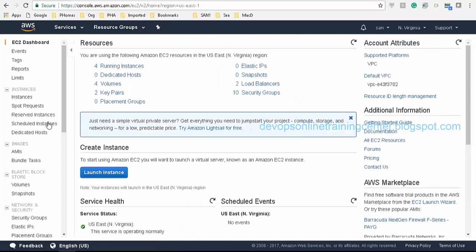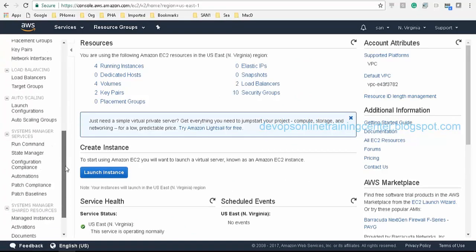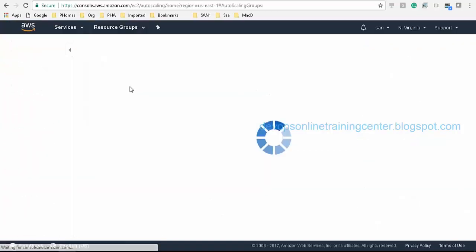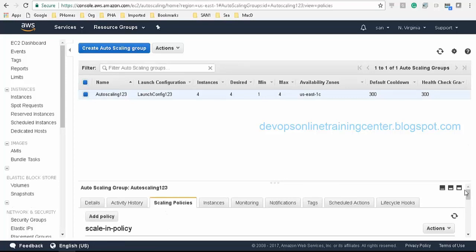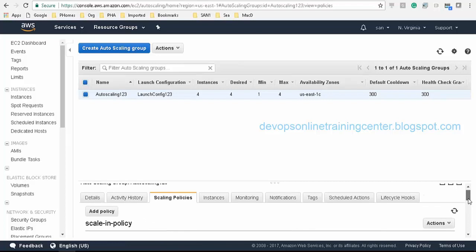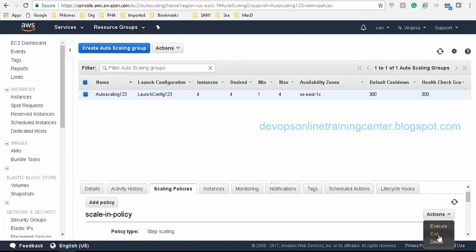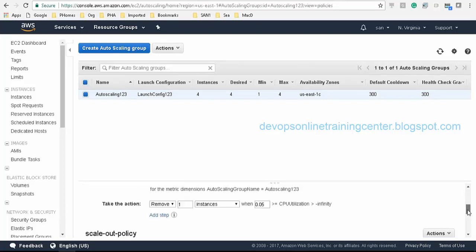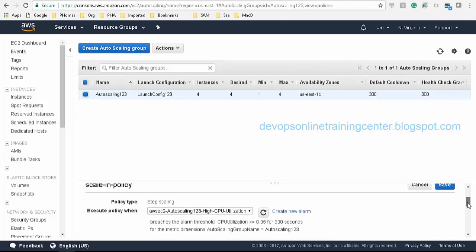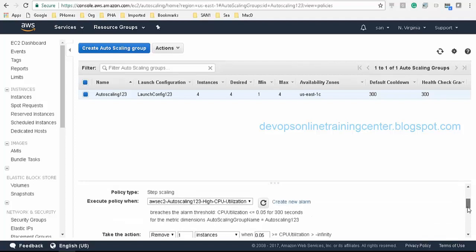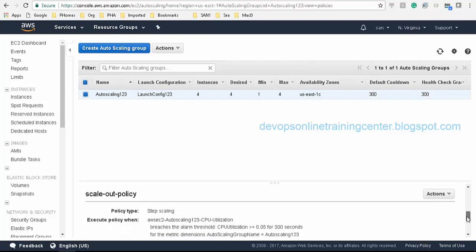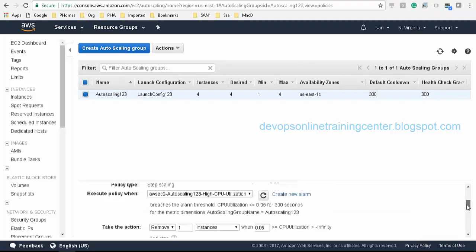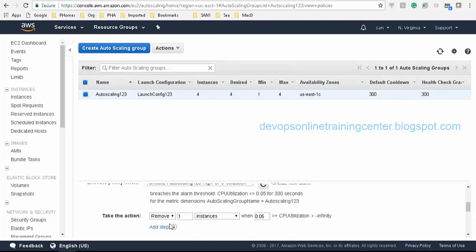EC2, auto scaling groups, edit. Scale out, scaling, and no, not this.